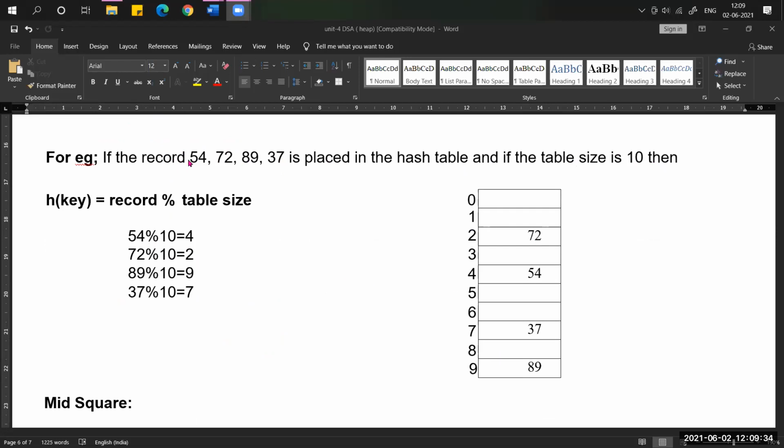Like this: every record, 54, 72, 89, 37, modulus 10. Whatever numbers we get, these are the location numbers. It means at the fourth location we store 54, at the second location 72, like that.